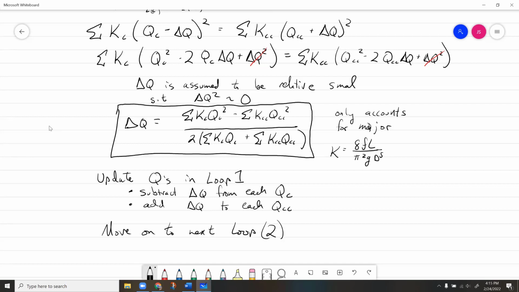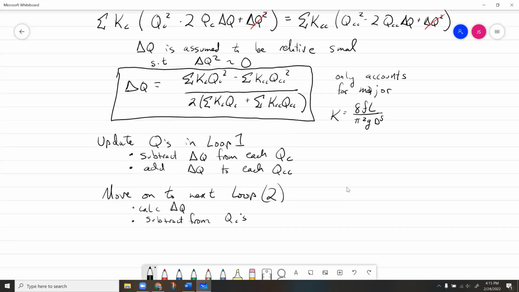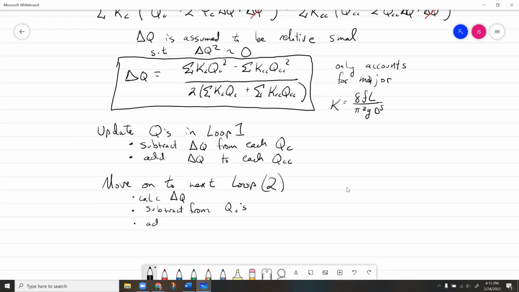In this case, loop 2, and then you calculate delta Q. You subtract from QCs, and then you add it to QCCs, and then you move on to all the other loops. You do all the loops in one iteration, and then you move on and do the kind of bigger iteration. So you calculate delta Q for each loop and move on downstream, and then you go back and do it again until